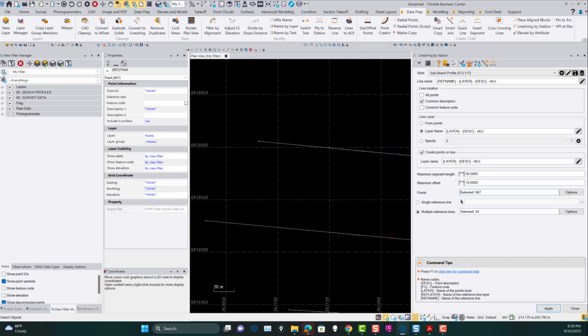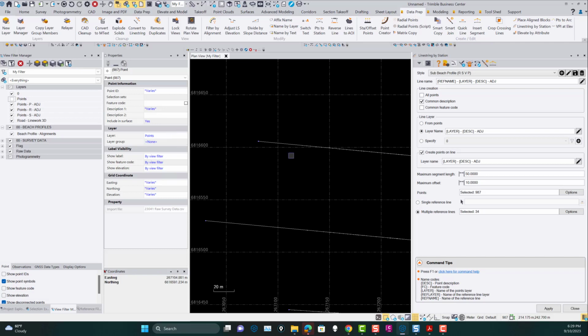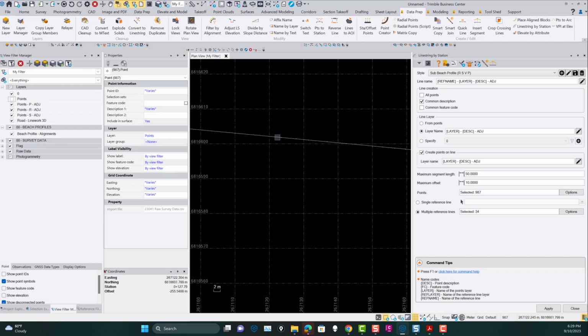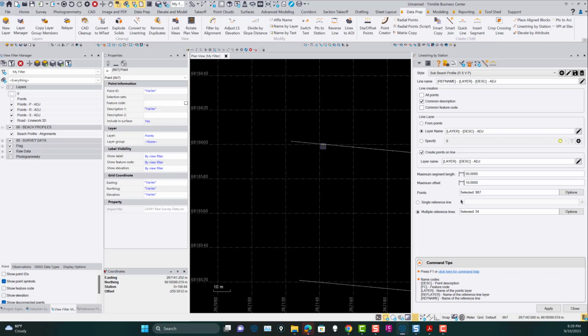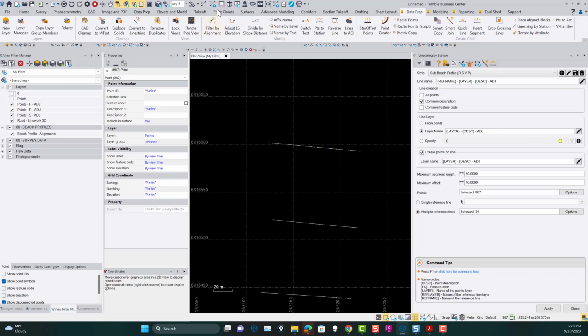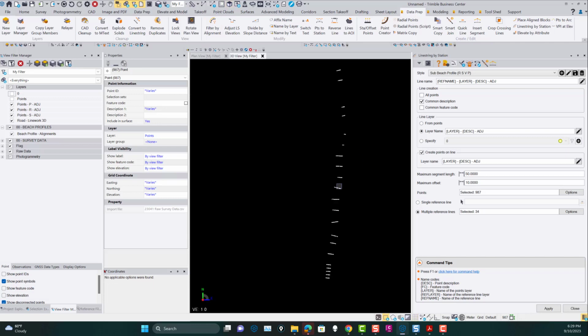If I go over to my view filters over here, the points themselves were imported on the points layer, so if I turn those off, you can see they've disappeared. And now I can see these points on here. If I turn off the alignments, which I think are on layer 0, then now you're looking at the beach profiles. And if we take a look at those in 3D,